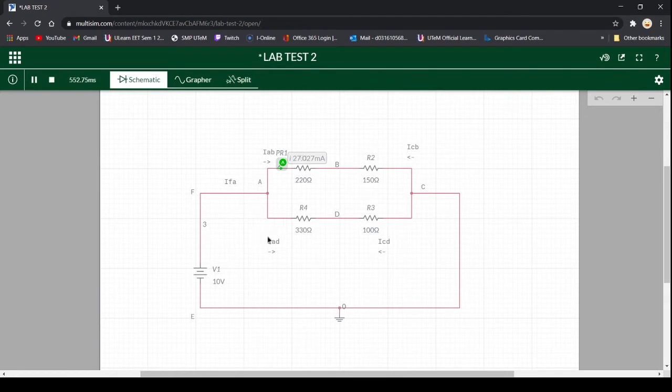So the current for AB is 27.027 milliamperes. Next for ICB, is 27.027 milliamperes. Next for AD,